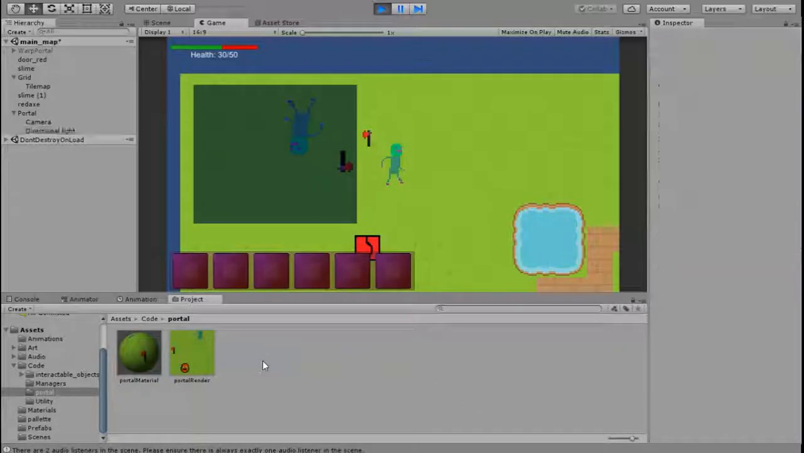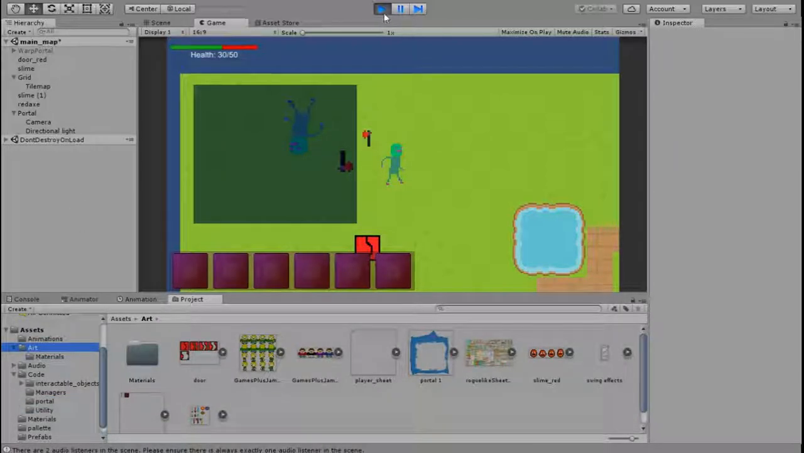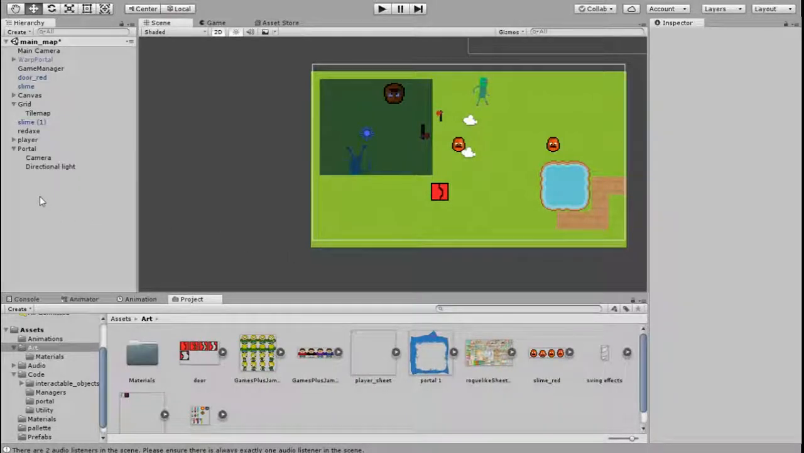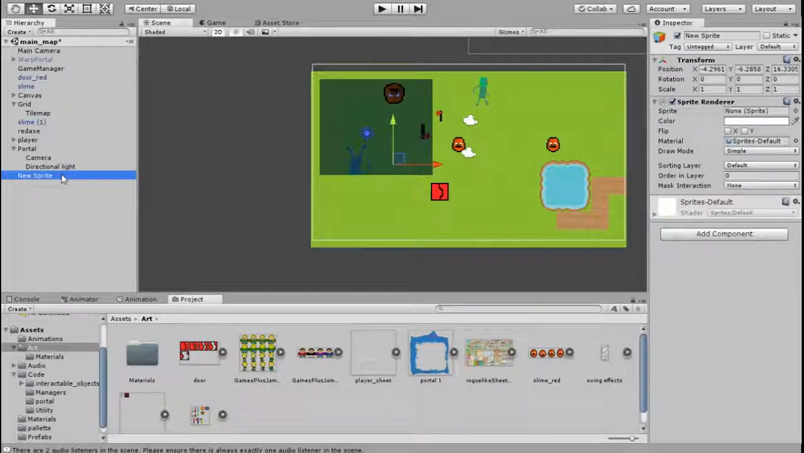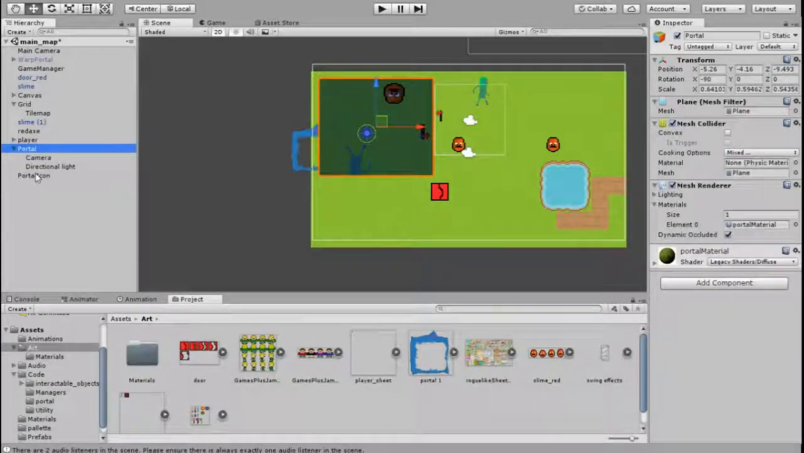So if we go back to Unity, I've added it in my art folder right here. What I would do is create a new 2D sprite object. We'll name this portal icon. And the sprite is going to be the actual portal. We're going to set its sorting layer to above. And you can see it's not actually above this, so we're going to set its Z value. If we see our portal is -9,